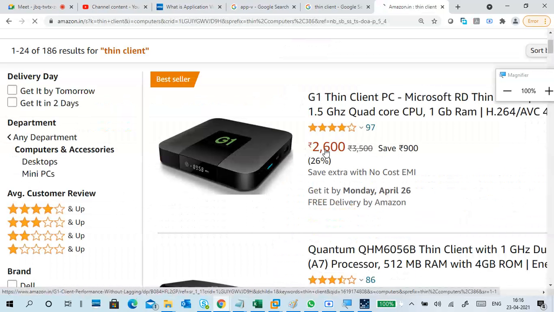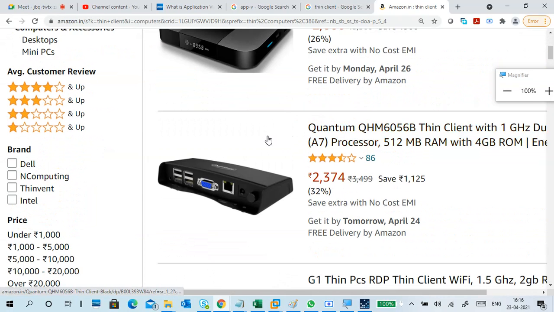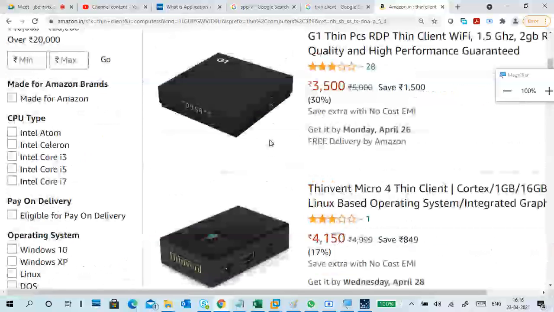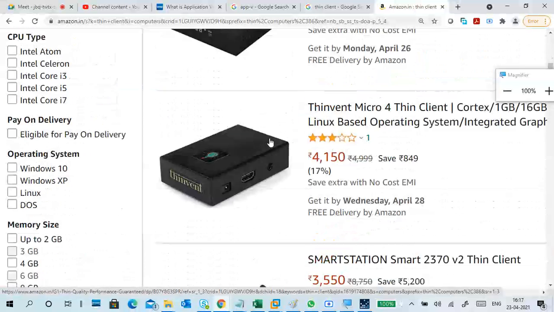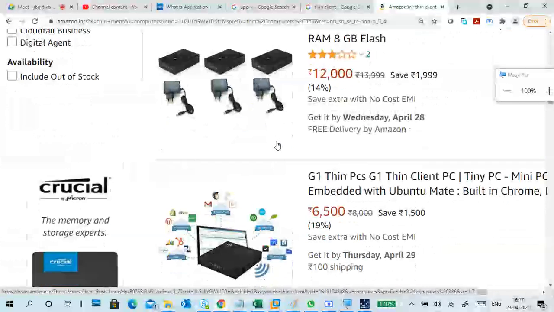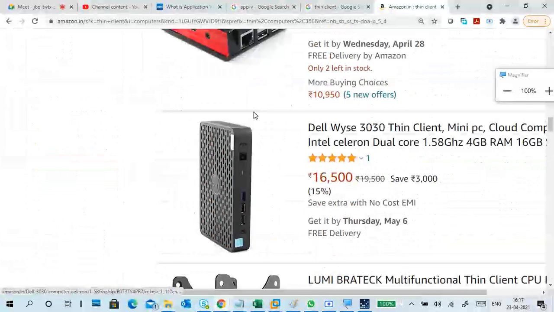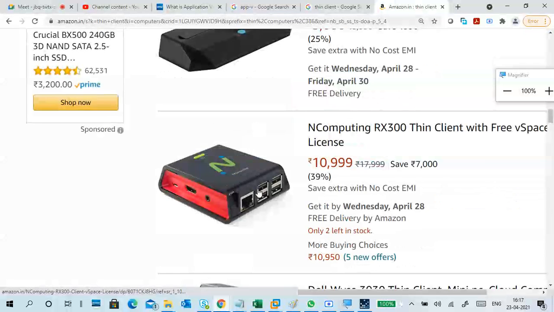See, this is a very costly one, and this is a very less costly one. It has 1 GB RAM inside. But this is not used for regular computer purpose. It has two type of connection. Means one side it is connected to N computing.